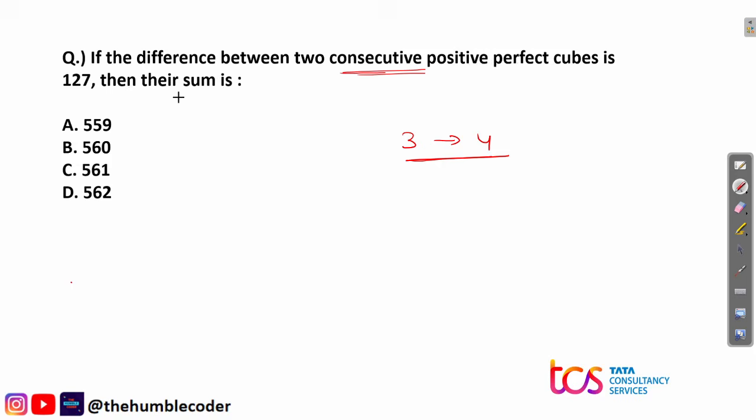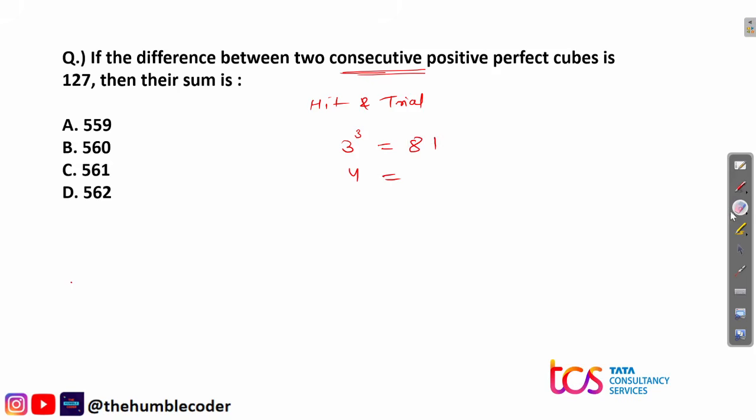So there are different ways in which you can solve this question. Let me tell you the first way. So first way is kind of hit and trial method. First way is hit and trial. Now what is this hit and trial? What you need is you need to take some numbers, right? So let us take first of all 3 and 4 for example. Now the cube of 3 is 81.